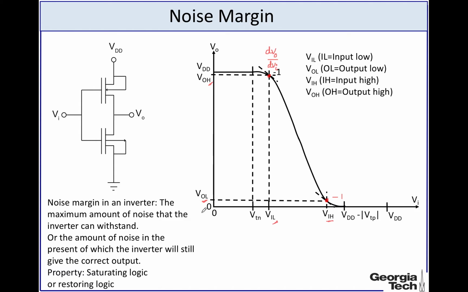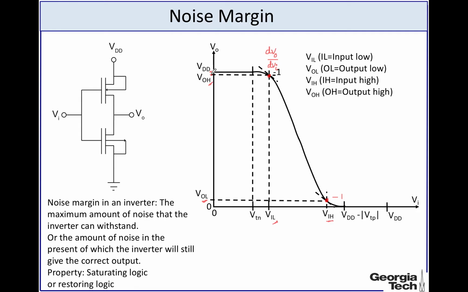So essentially, to make sure that an inverter characteristic works properly, we would say that in the output of an inverter we can tolerate this much of change of the